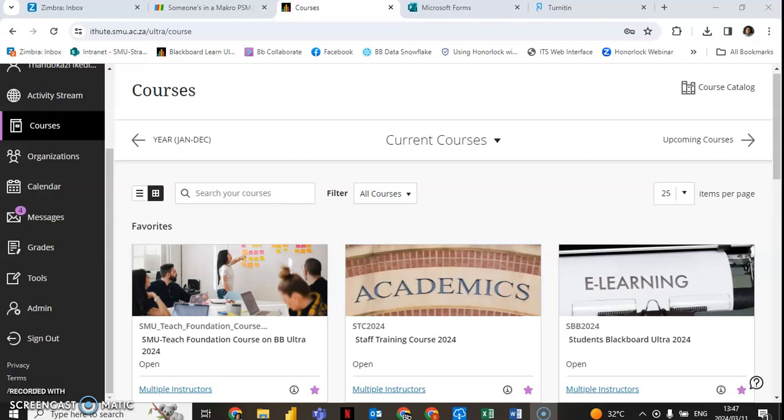This offline assignment submission is whereby your students are doing presentations. So if they are presenting orally in front of you, instead of having your spreadsheet or the paper and then you mark as they present, now you use the Blackboard Ultra platform. You create a rubric within the system, and then the submission we set as offline, meaning that the students will not submit anything to you, but when they present, now you will be using the Blackboard rubric to mark